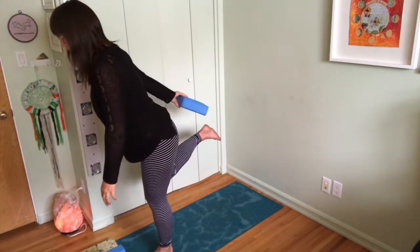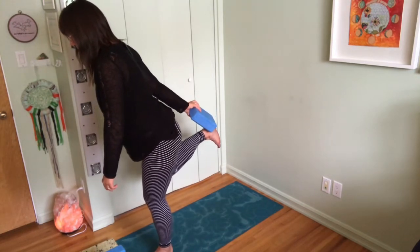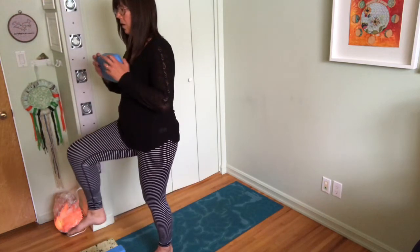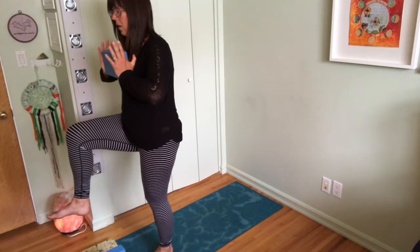And then we're going to reach the block back behind, find the heel to the block, press the heel into the block, feel the hamstring activate. If you feel the low back, play with moving the knee further back or out to the side. And the knee comes up,